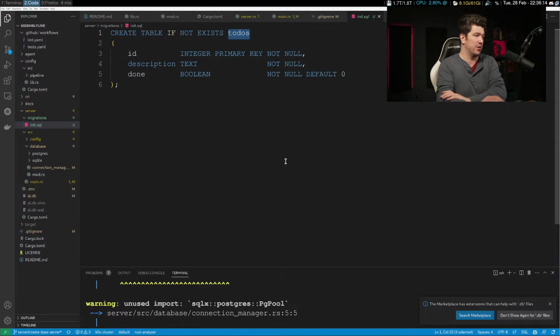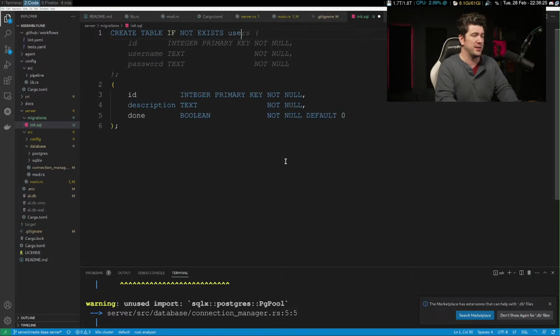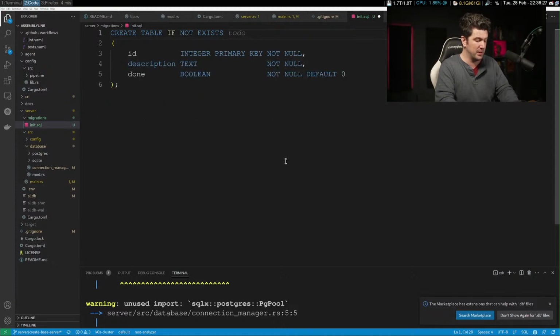I know this isn't an ORM, but it's nice, especially since people will have to stand up. So we're going to actually just update this. So users, or not users, but what did we call it? We called it repositories.